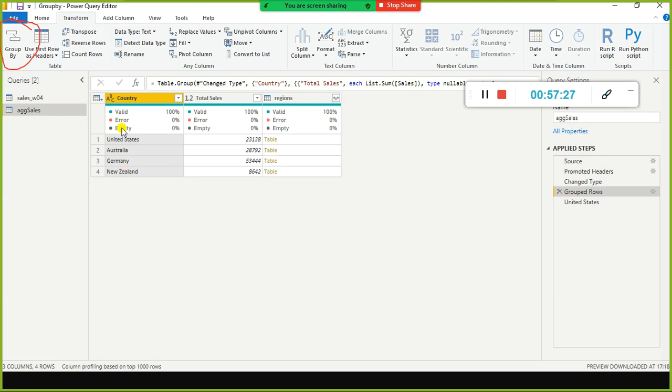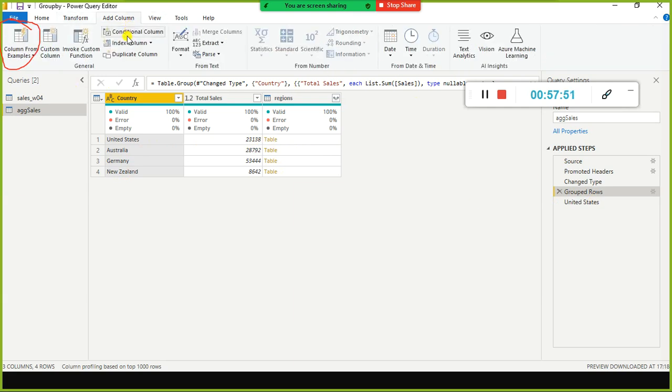If your manager asks you, hey, along with the summarized value, I need to know the detailed value. So how did you arrive at this? You show me the detailed records also. In that case, you select this one, and if you expand this one, those 4 records for each country, the detailed transactions will also get added here. We don't want that now. So now what I wanted to show you is something different.